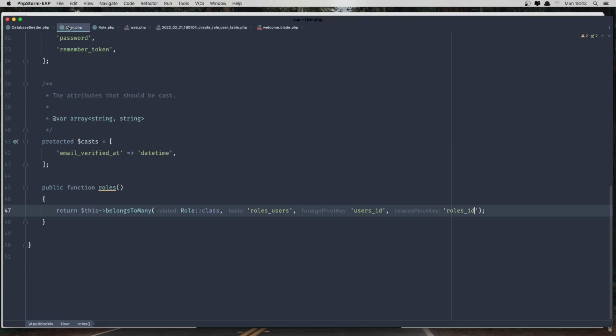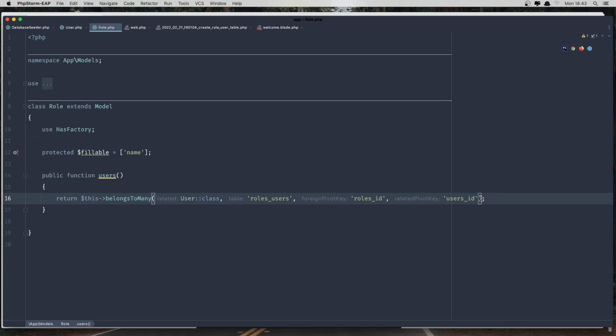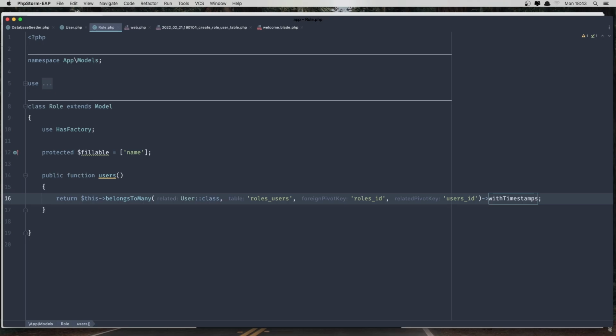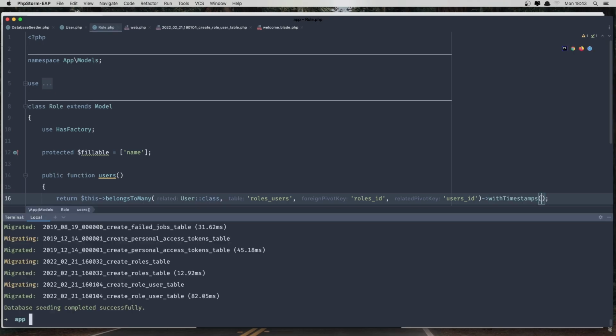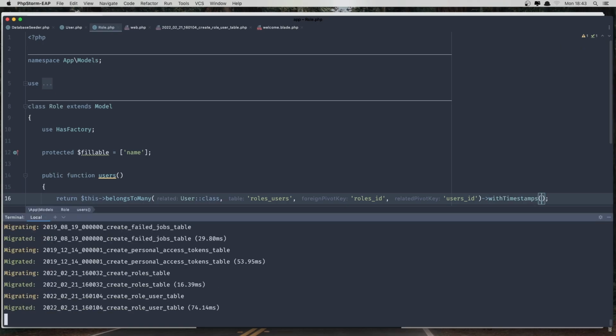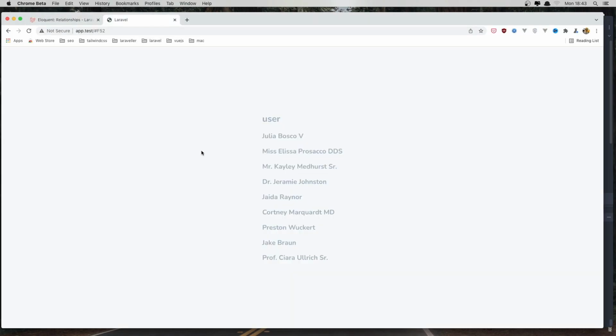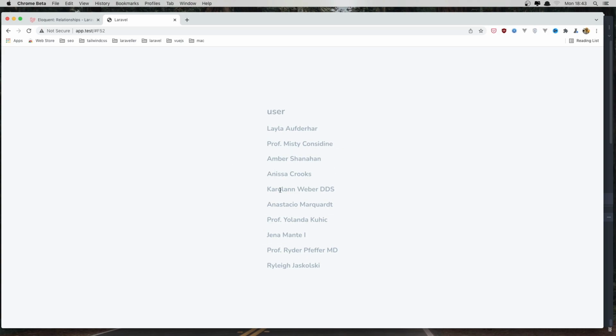We need to go to the user and in here say withTimestamps, the same thing in the role model. So withTimestamps, okay, run the migration, everything okay. If I go to the browser and refresh, yeah, we have 10 now because we migrate seed,